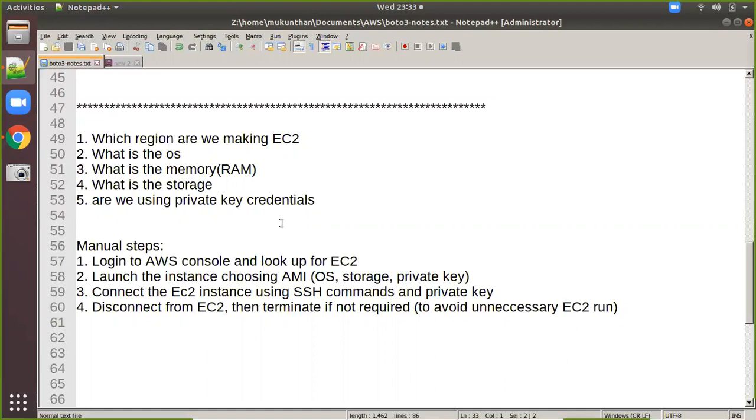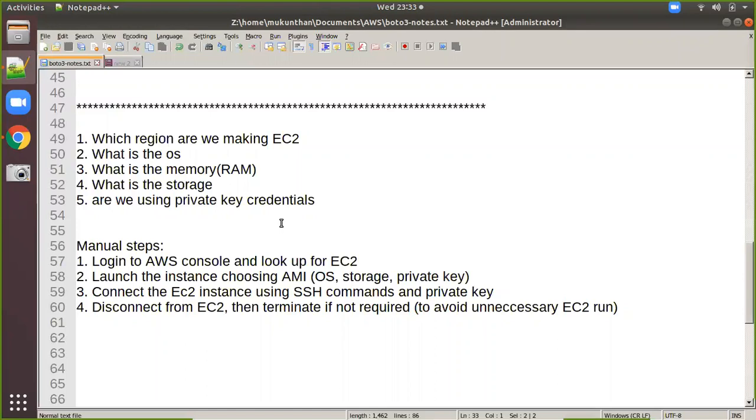So it will be shown there, everything in the console, and using the private key. Because when you launch the instance, you will be creating the private key that will be stored in your system. It is our responsibility to maintain the privacy of the private key. And after you connect to the EC2 instance, you will be just interacting with the EC2, creating some files or doing some actions in general.